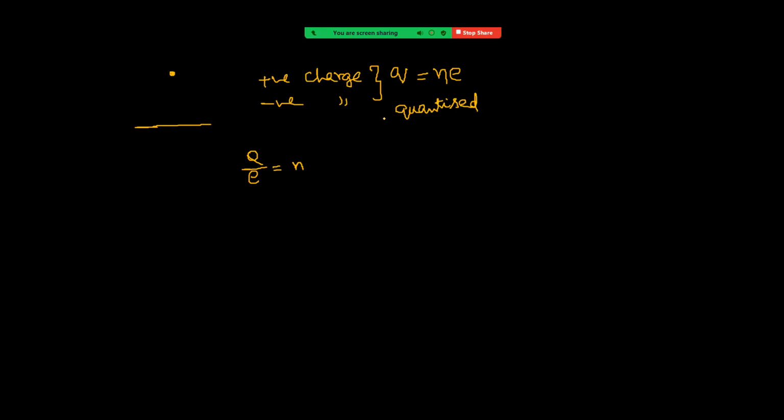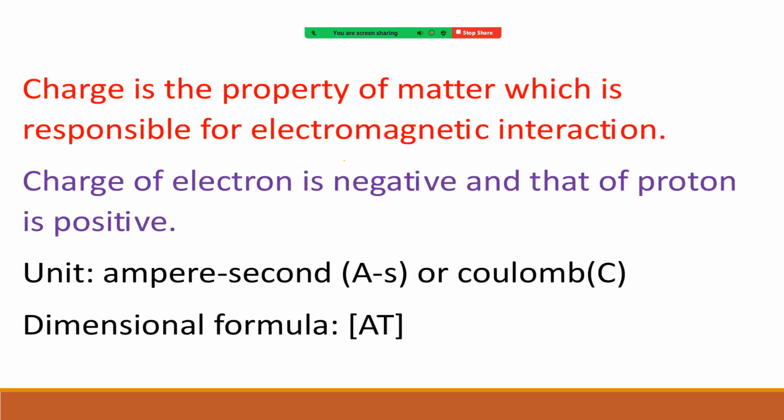Here we can conclude that if charge is negative, mass is increased because electrons are added. If charge is positive, electrons are removed, so the body's mass slightly decreases. Let us see a few basic properties of charge, the way we have given the definition for charge.